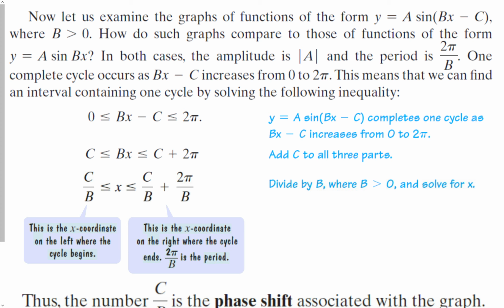And this is going to be a little stranger. So let's see what happens when we now have a c in the mix here. Right? And then notice where this is right here. Remember our transformations. This is going to shift the function left or right. So normally, and this is in parentheses, so it's all inside the sine function, our parent function of y equals sine x goes between 0 and 2 pi for its period, when x is between 0 and 2 pi. Now the period is going to be